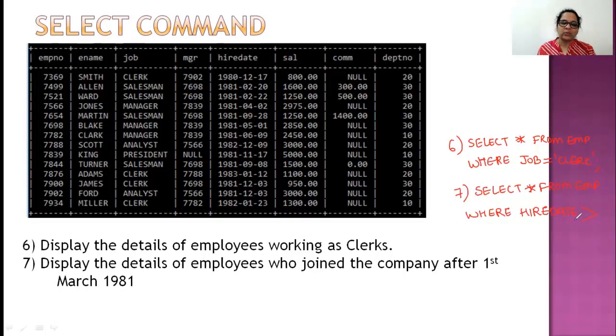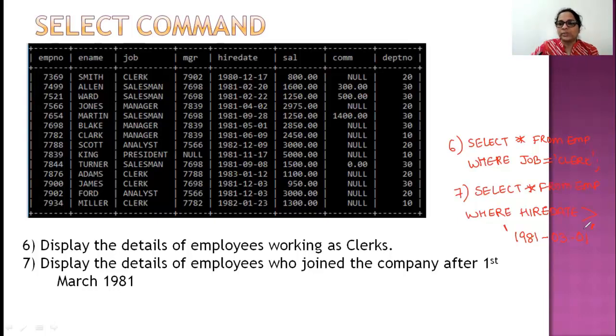Look at the format given in the table. It's the year. So I write 1981 hyphen March. March is month 3 and 1st March 1981. So 01. And mind you, don't forget to put the quotes, because we said strings, which is char and varchar, as well as dates, we will always be writing in quotes. It could be single or double, doesn't really matter. Okay, so which means you could use greater than, less than, not necessarily only with numeric values. You could also use it with date. Clear? So I have everybody who's joined after March 1981.